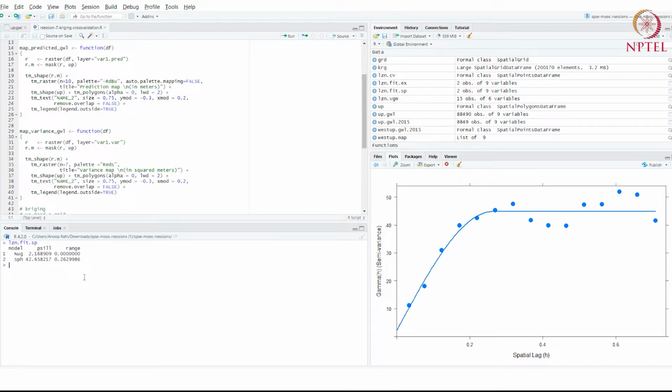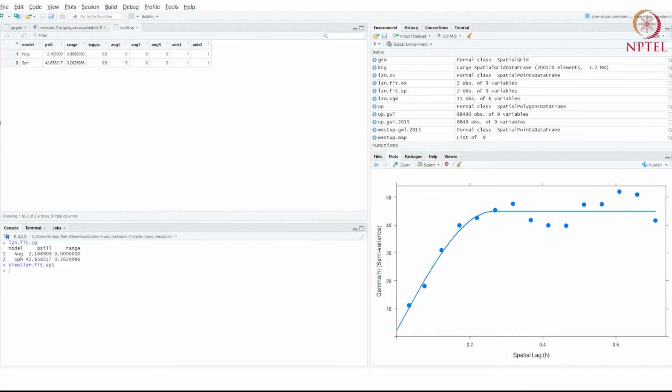If we just print that out, or look at it by clicking on it here, it gives us some information. It gives us a 2 by 2 matrix, and in row 1 we have something called nugget, or NUG for short. This value is the nugget effect. It is basically where the variogram crosses the y-axis, the variance at spatial lag 0.